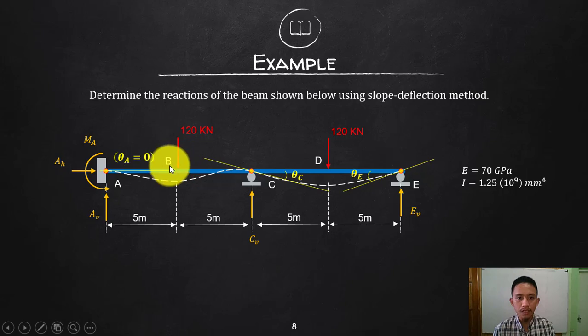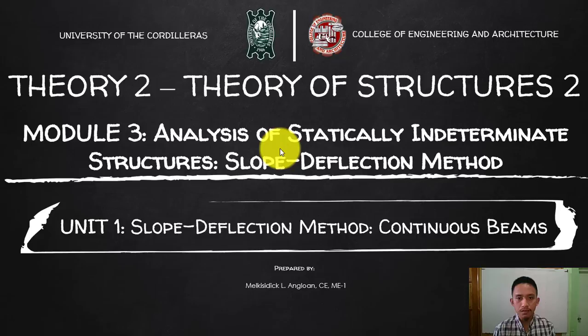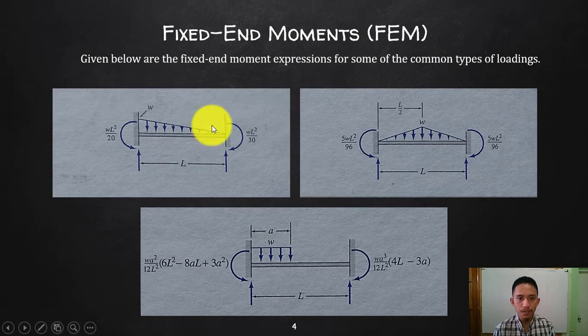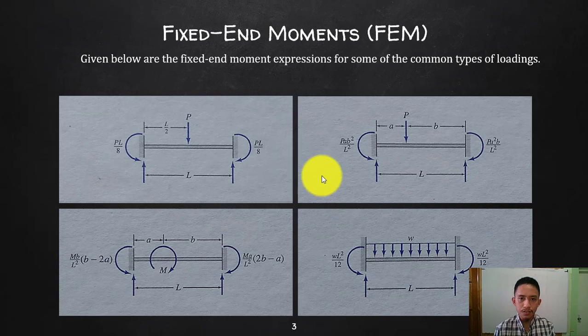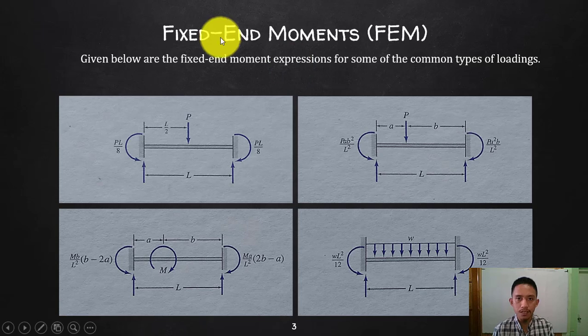example, you only have one type of loading in each member. Or in our fixed end moment formulas that are given to you, you have only single types of loading in each member. How about if, let's say, you have a concentrated load and at the same time you have a UDL and at the same time you have a moment within this span? So what are you going to do for the fixed end moment? Break this down part by part. Separate your concentrated load, separate your moment, separate your UDL, solve your end moments one by one, and then